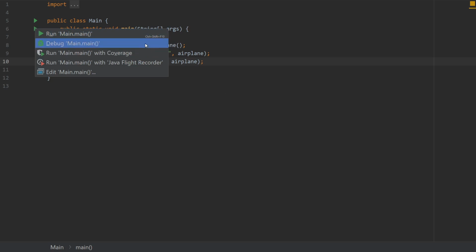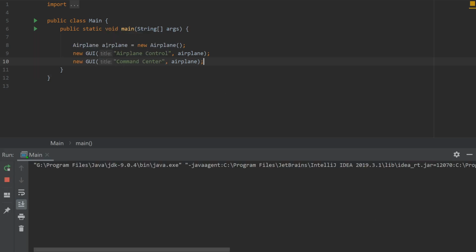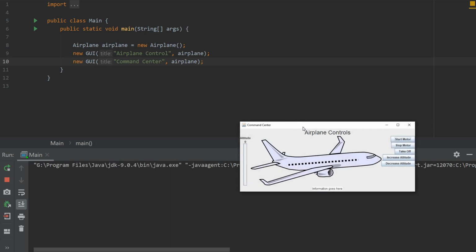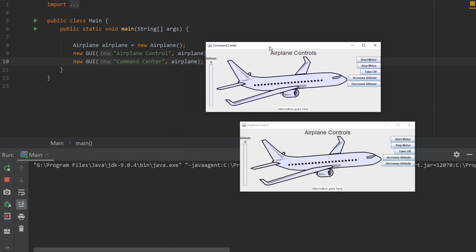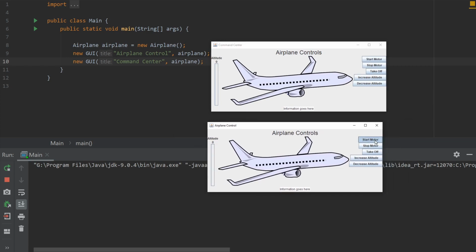So now if I start, look at the logic here, and the main is super clean, super nice. Well, it doesn't really mean super clean, super nice, but it's pretty nice. So look at here, this is my command center, and this is my airplane control. So if I start the motor here, there's a problem where here it doesn't know that it got started, and we'll deal with that